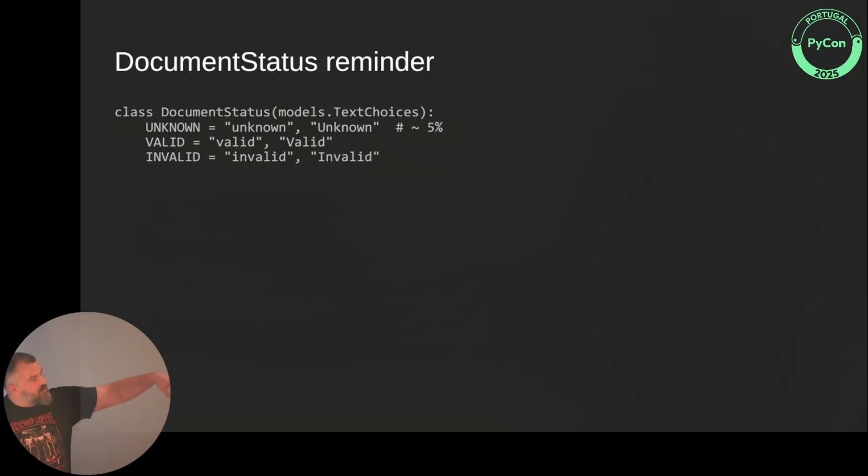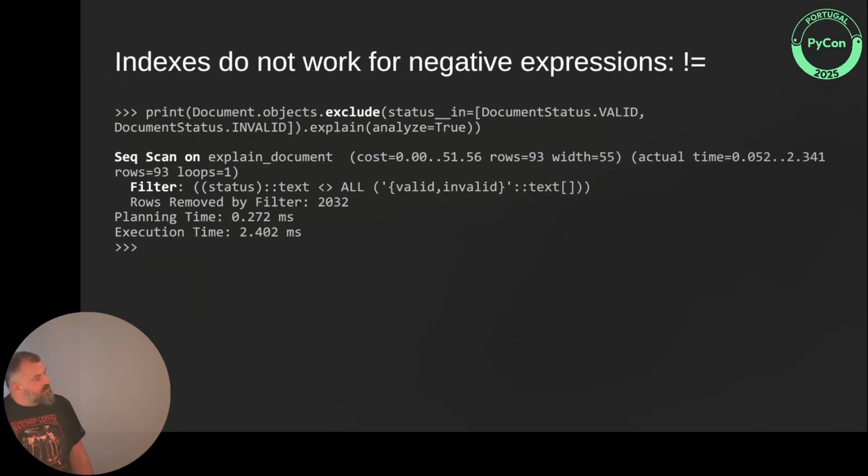So we filter out valid and invalid, so it leaves unknown. And although to us it is the same, it's not the same for the database. The database doesn't work on inequality. So whenever it sees inequality, it does the full table scan. So one of the ways I have fixed it before,